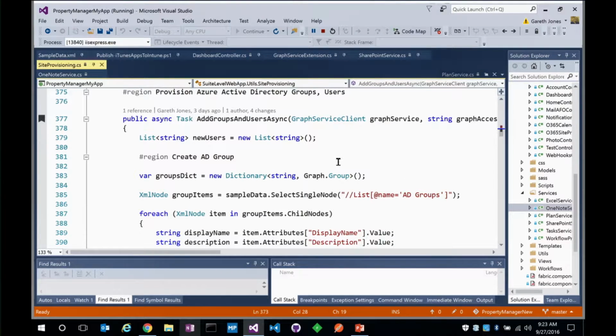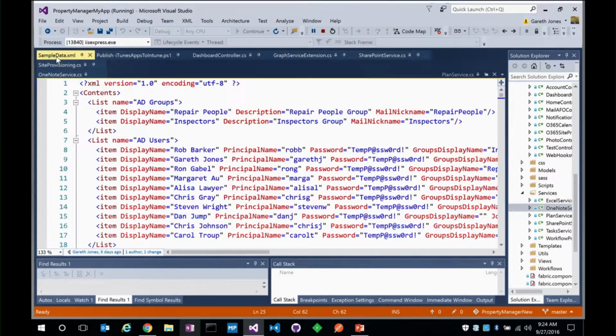So, the AddUsersAndGroupsAsync method is where we're in the middle of our provisioning code. We've got a provisioning stage for this application where we're installing everything into the tenant, setting up the SharePoint sites and adding the groups. Because this is a demo, this is actually an app that's going to add a set of users. In real provisioning code, I might be finding existing groups, or setting up config files full of existing users, or searching the directory for user groups that exist to pull those in. But I'm just pretty much making them, and I'm going to drive this from a little XML